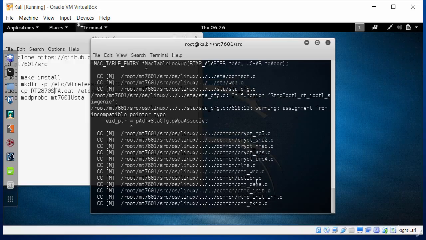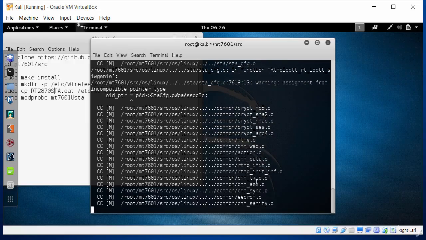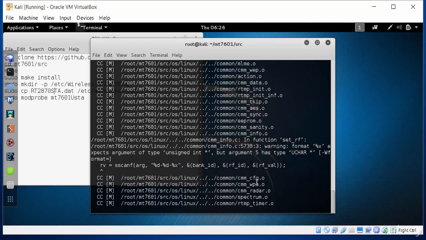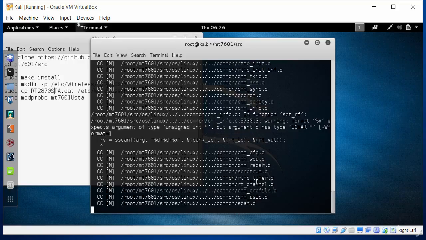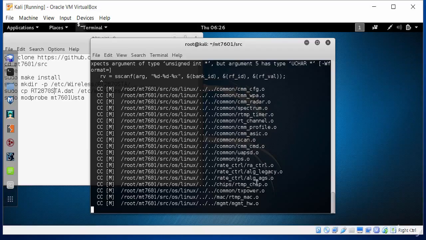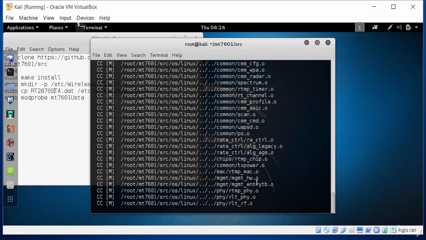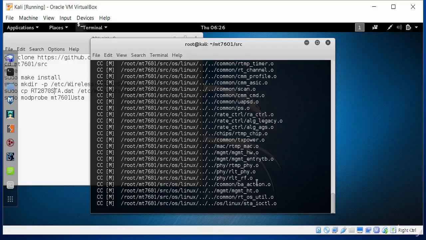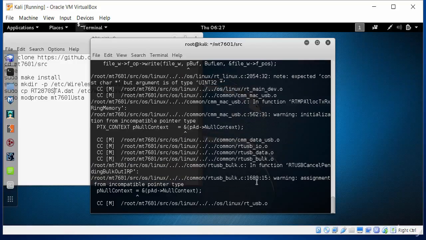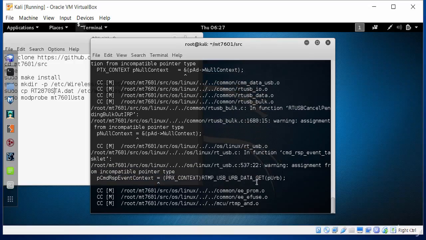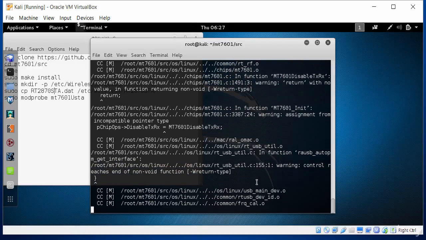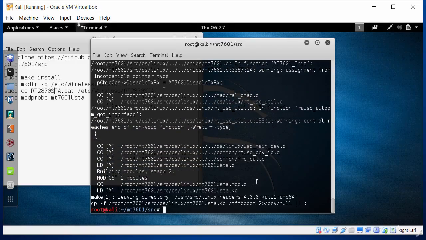And after that, I need to type in make install, and that will install the drivers on my Kali Linux setup. This might take a little while. It's just compiling the files, and hopefully there are no errors. So if all goes smoothly, we'll be able to type the make install command shortly. So I'm going to give it a few minutes and make sure that all works. So this will enable my Kali Linux to be used via wireless, so I can do some wireless hacking and